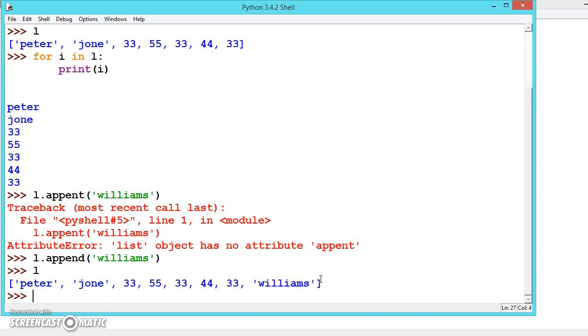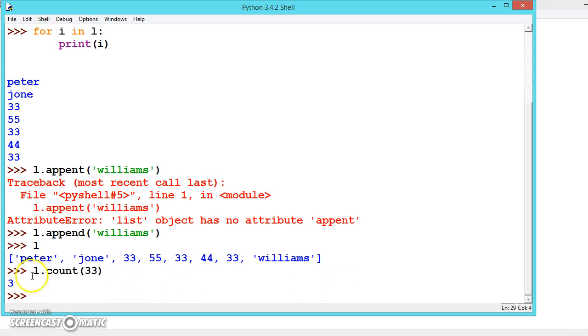Now see here, Williams is added. And there is one more method, L dot count. Suppose we don't know how many times 33 appears, so we can count. So 33 appears 3 times: 1, 2, 3.